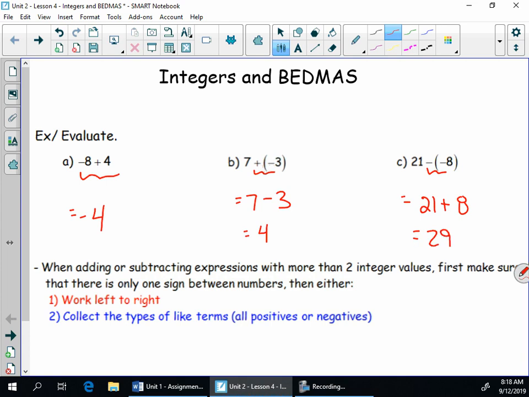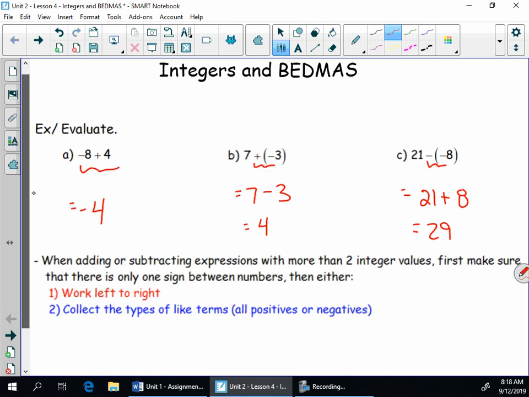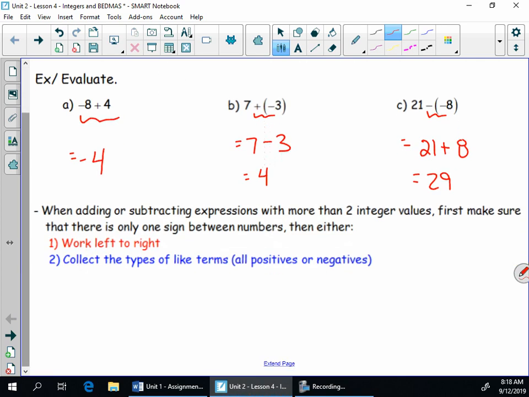If you have more than just two integers, again, clean it up, first of all, always, always, always, and then work left to right, or, if you want to, because it's adding and subtracting, you can collect the types of like terms. So put all the negatives together and all the positives together, and then figure it out at the end. For instance,